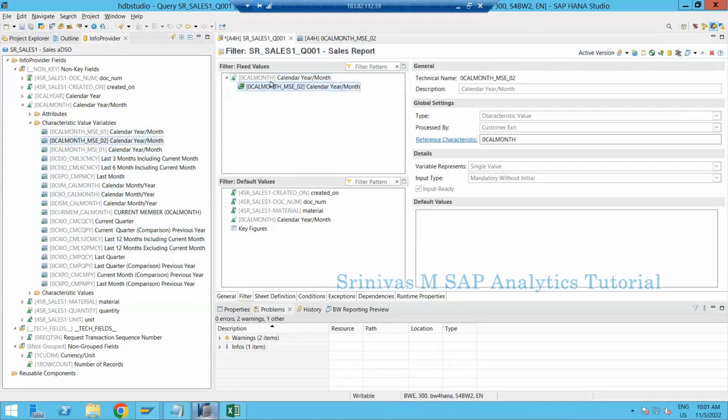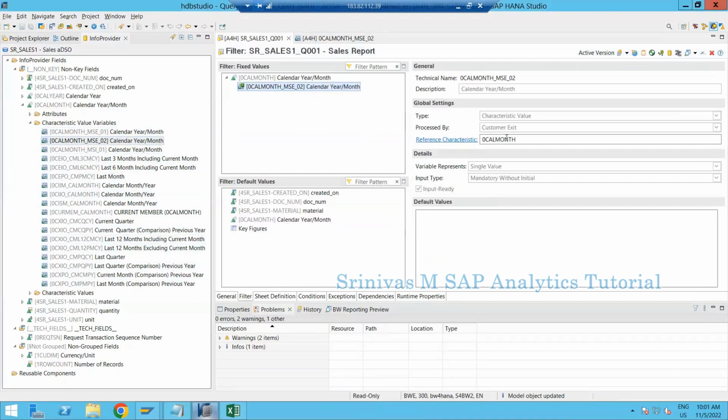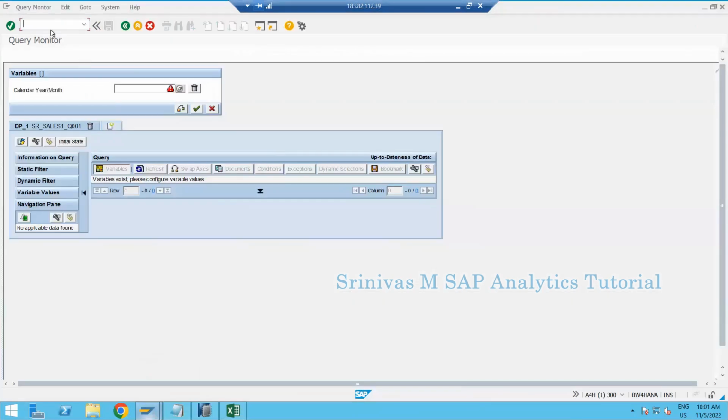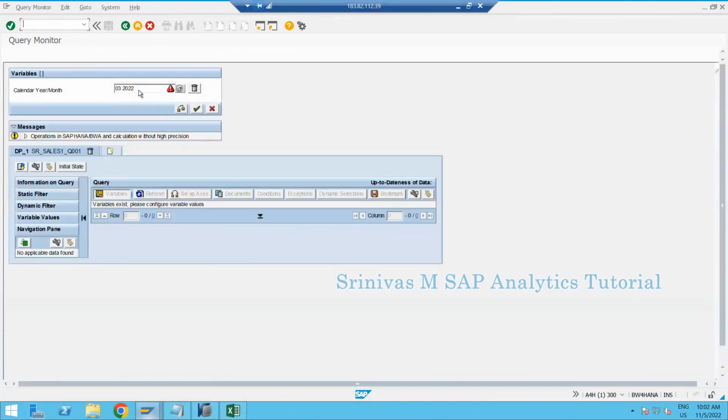Okay, so I have restricted my info object with the variable and I'm clicking on save. Currently we created the customer exit variable with single mandatory and single value, and have not written any implementation. Still this particular query works fine. If I go to /n RSRT and execute my report, the report still works fine, even though we did not implement any